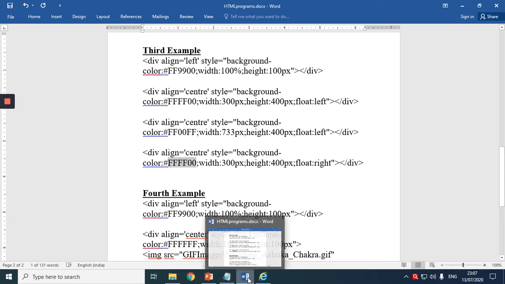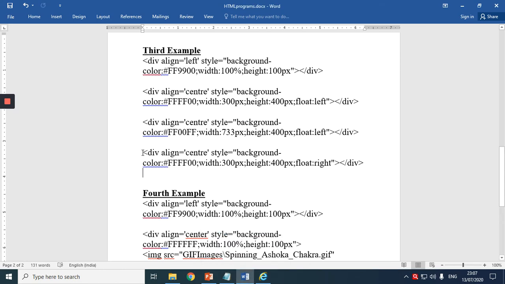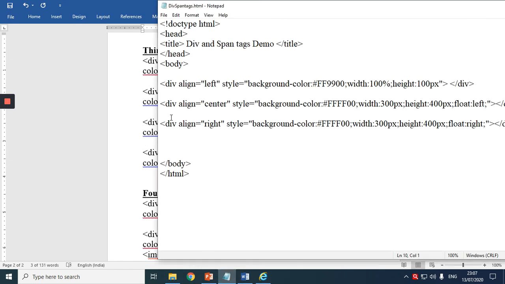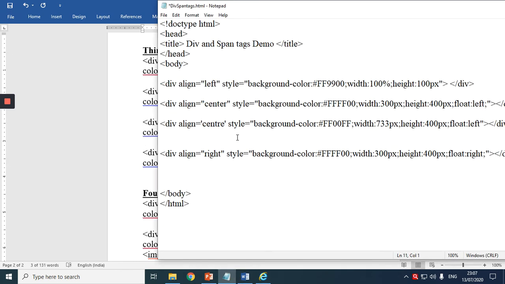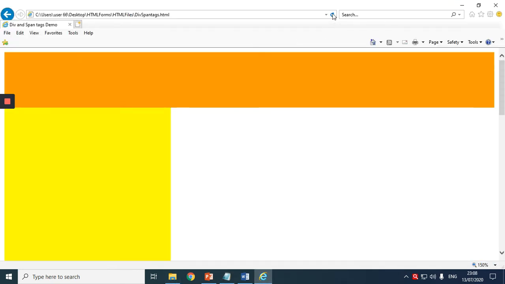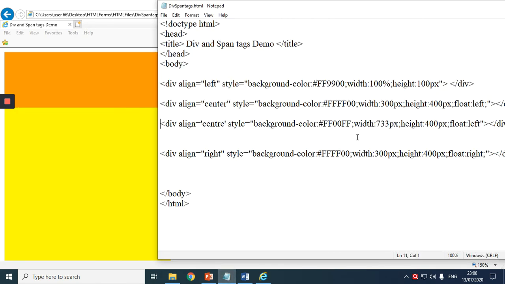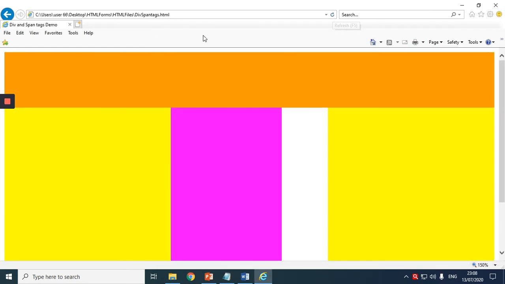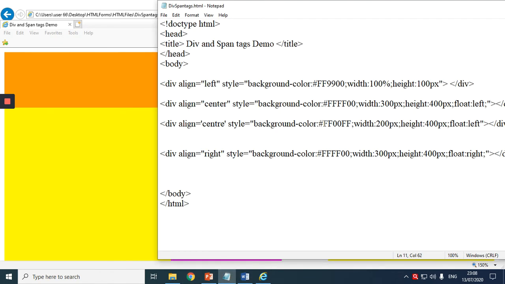So what I'll do, again, I'll work with copy paste. That is better. Control C and I will paste it here. Control V. Align is center and I don't know what pixels I have given. Hopefully let us see whether it works. Reload. What happened? It is not working. Why? These pixels are maybe more. Let us observe now. Okay, it has come. See, some color called magenta has come with 200 pixels.